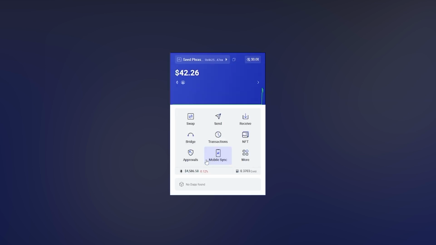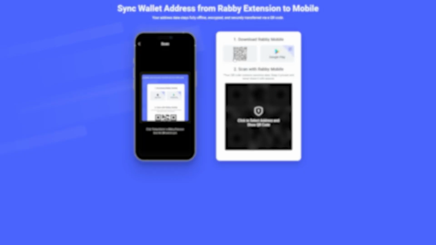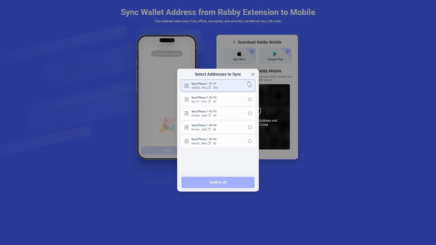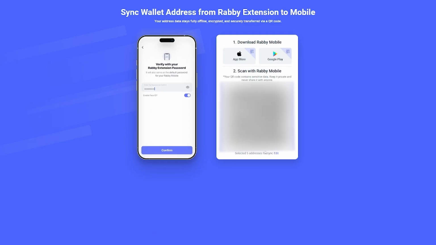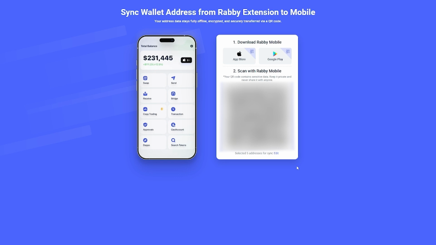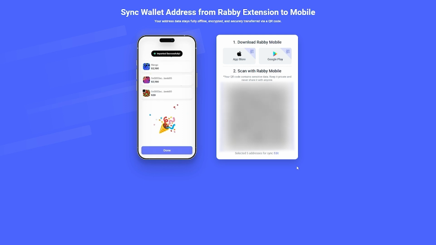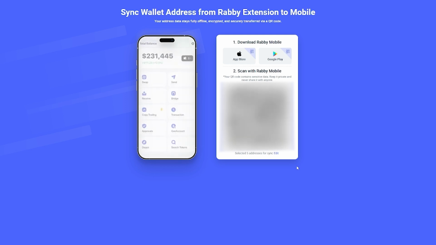This is a very neat feature in my opinion, and probably one of the main reasons I use Rabby to this day. If you want to ever transfer your wallet to your mobile, what you're going to do is you're going to click mobile sync, and you're going to download Rabby mobile inside your phone, and you're going to select whichever addresses you want to transfer. If you want to transfer them all, you're just going to select them all. You're going to click confirm, and then you just need to scan the QR code and they'll all show up inside your mobile app without you having to copy paste sensitive private keys inside your phone or inside any messaging